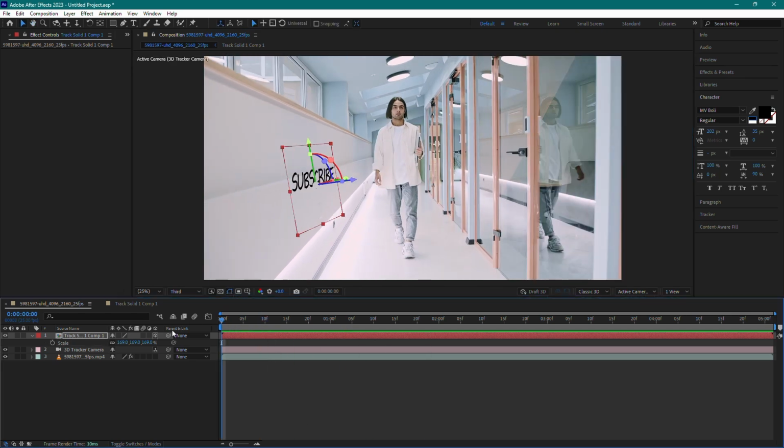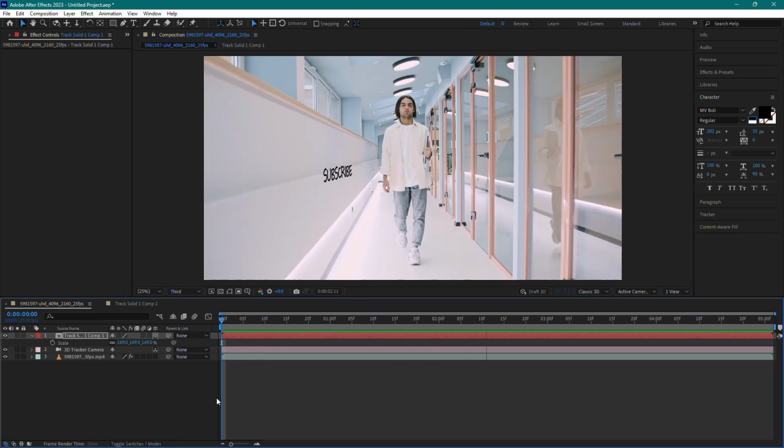And that's it. You've successfully attached text to a wall using the track camera